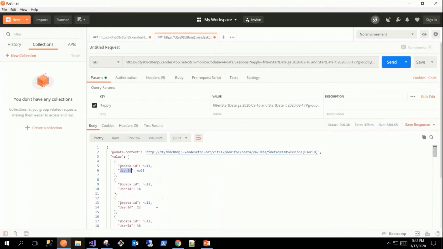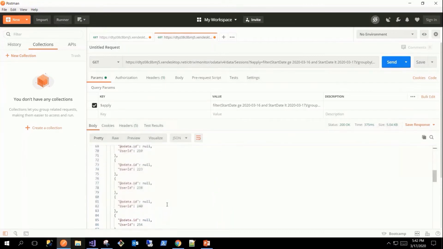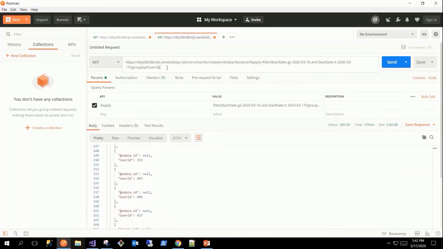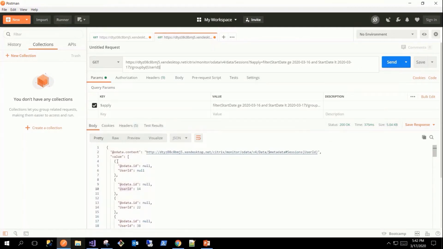Okay, so now we got a list of user IDs here, and what we need here is the number, not the list of user IDs, right? Currently it lists all the users in each of the records like this, but basically we need a count.